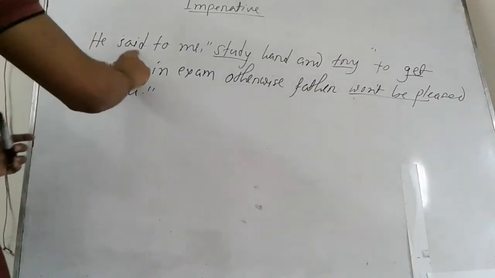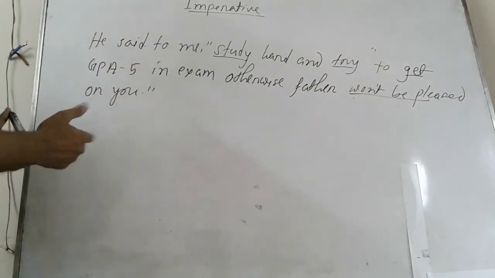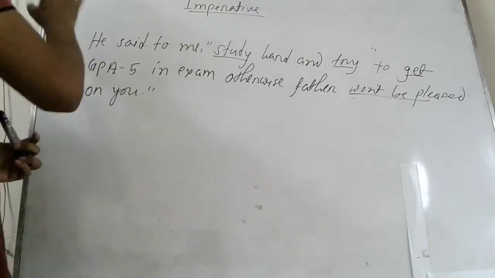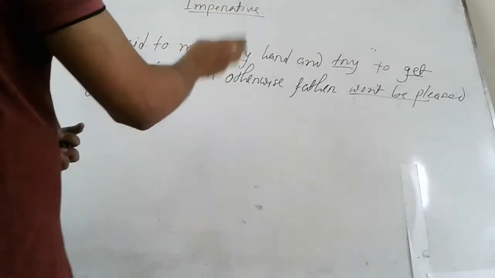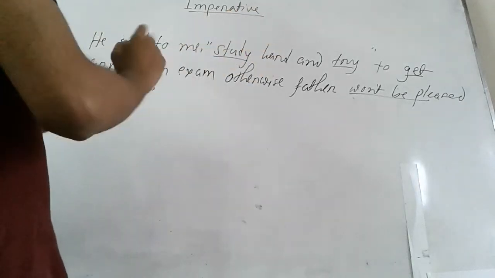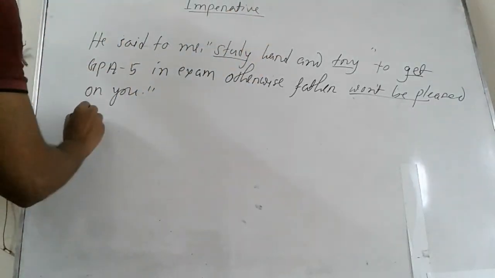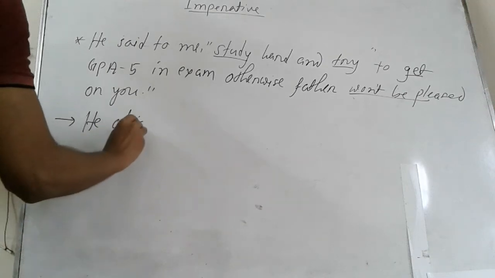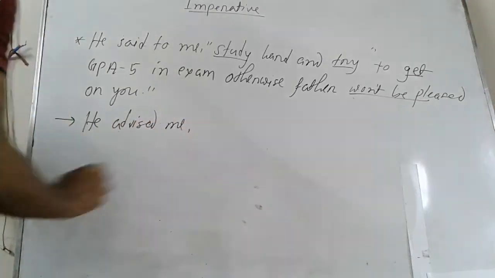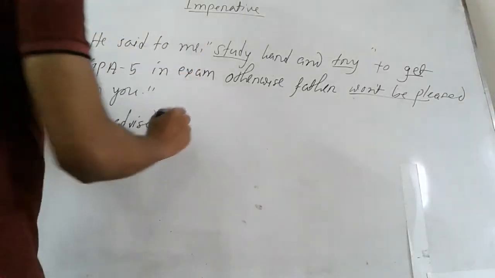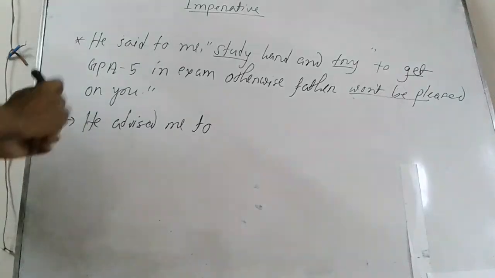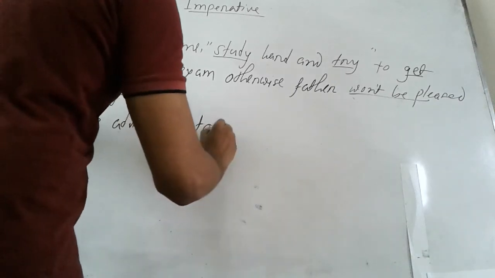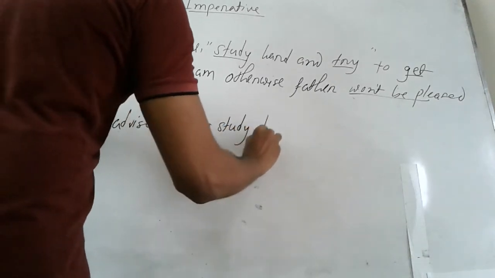So at first we should use here either requested or ordered or something like this, or we may use advised according to the sentence. As he is telling me to study not for now, but for all time, regularly, so we should use advised here. He advised me. Now first, in the place of inverted comma we have to take to. The first verb will always be in present form, that means it won't be changed ever. So study hard,